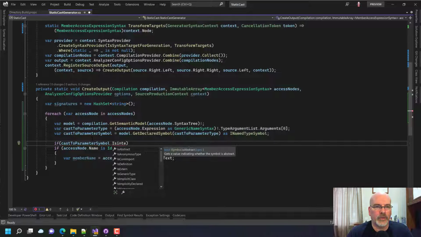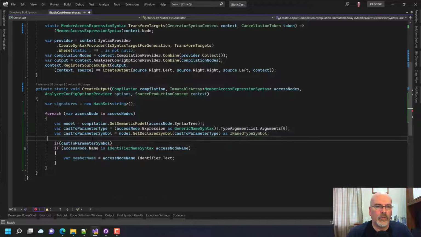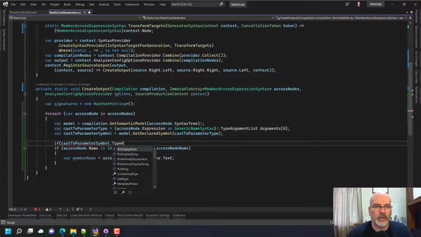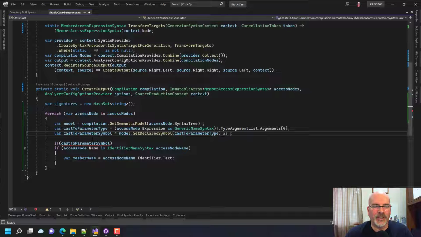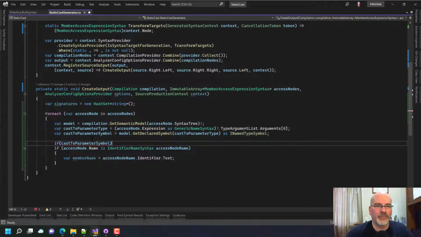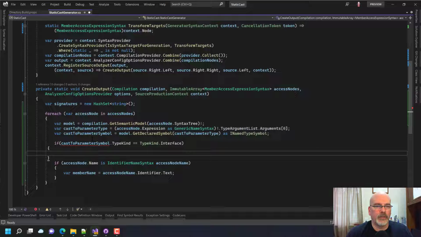Nope, that doesn't do it either. Well, you know what? We can actually probably say type kind. Okay, let's see if you can see the eye roll I just did. Type kind is equal to interface. Okay, now we can move on